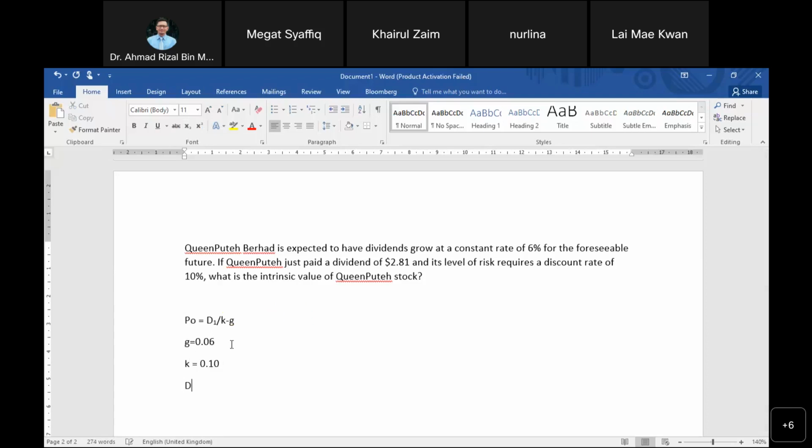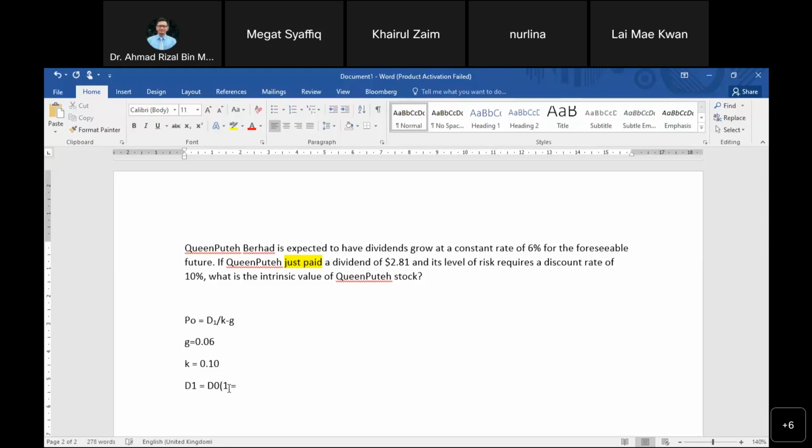So what is your D1? Anyone? What is your dividend in year one? 2.81? Okay, 2.81 is D0. The clue here is "just paid." Just paid means it is D0. So your D1, what you need to do, is actually D0 times